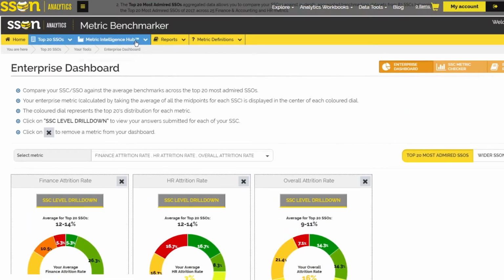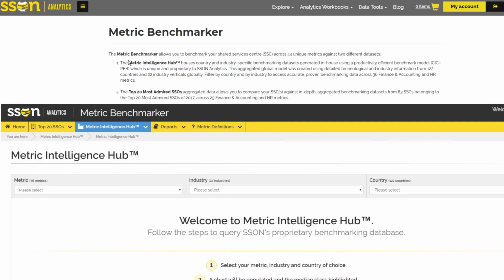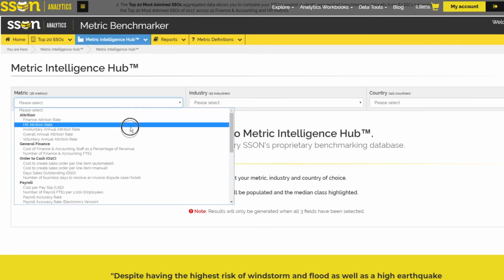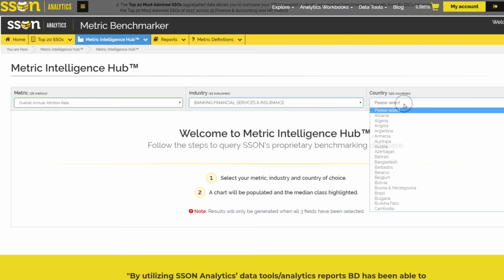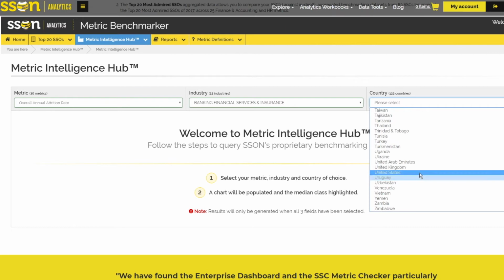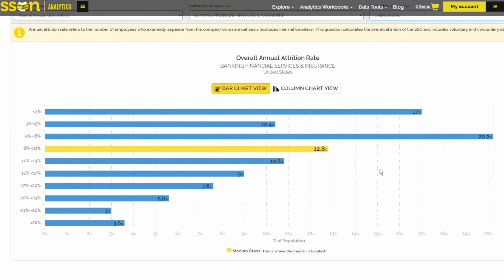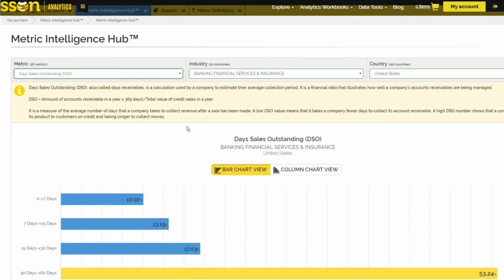The second part of the metric benchmarker is called the Metric Intelligence Hub. And this is quite revolutionary to the benchmarking industry. It's been built upon proprietary algorithms devised here at SSON Analytics Data Center by our chief data scientist. And the data contained in here allows you to drill down specific metrics across specific industries, 22 industries in fact,